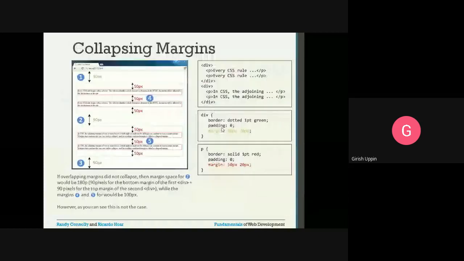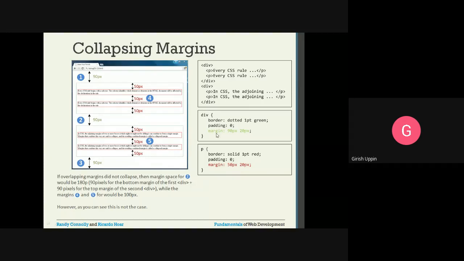Collapsing margins, here you can see the example. This particular property is a div property. The div has border: dotted, 1 pt, green. So this div is dotted, 1 pt width, and green in color.